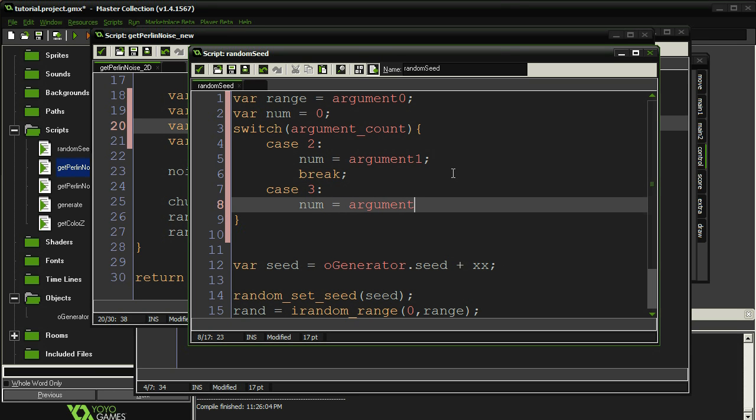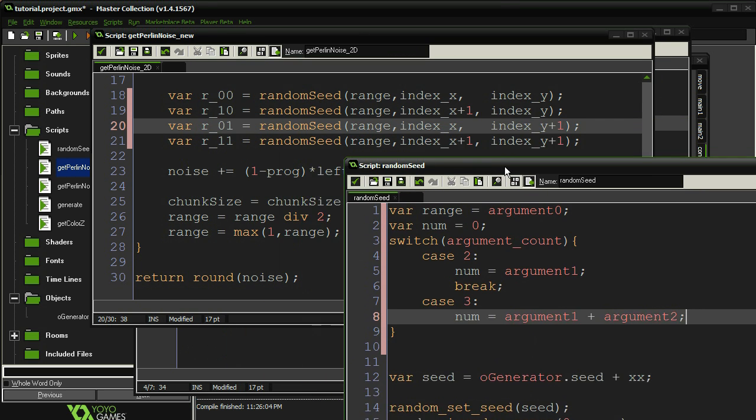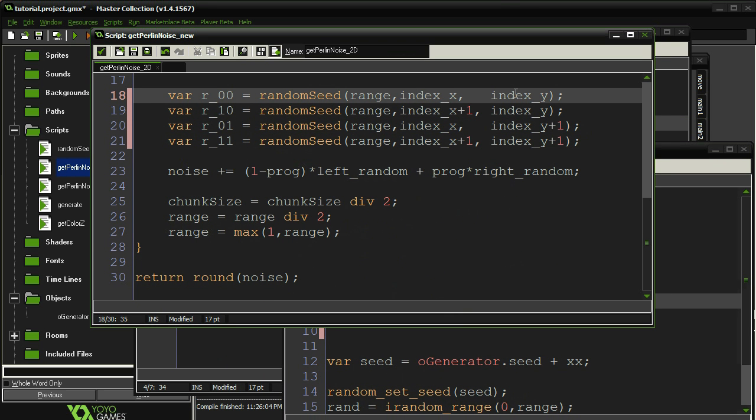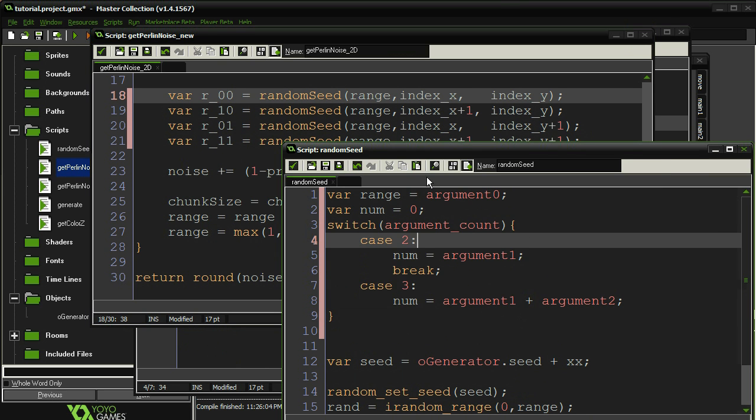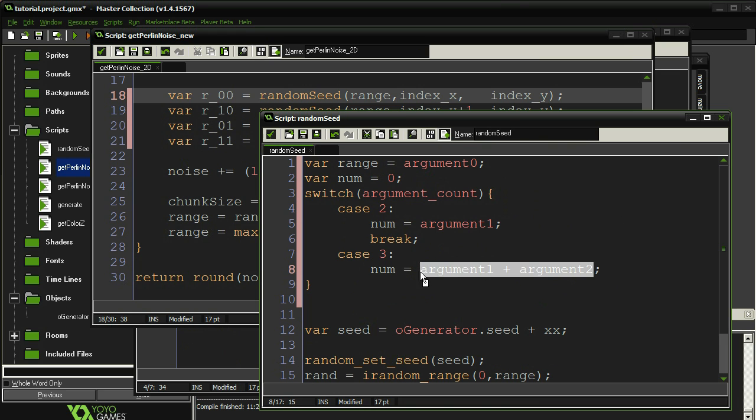Let's see. So we want to make it some combination of arguments 2 and 3. Or sorry, 1 and 2. So one way we can combine them is just simply adding them. And there's a slight problem with this. The thing is, when we're asking for a random number over here, if we have 3, 2, and we have 2, 3 as two things we want our numbers for, that will end up giving the same random number in here, because 2 plus 3 and 3 plus 2 are the same thing. So that's a slight problem. If you did it this way, you'd end up with like a symmetry in our terrain, because the top right side would end up having the same seeds as the bottom left side. So you end up having a symmetry across the